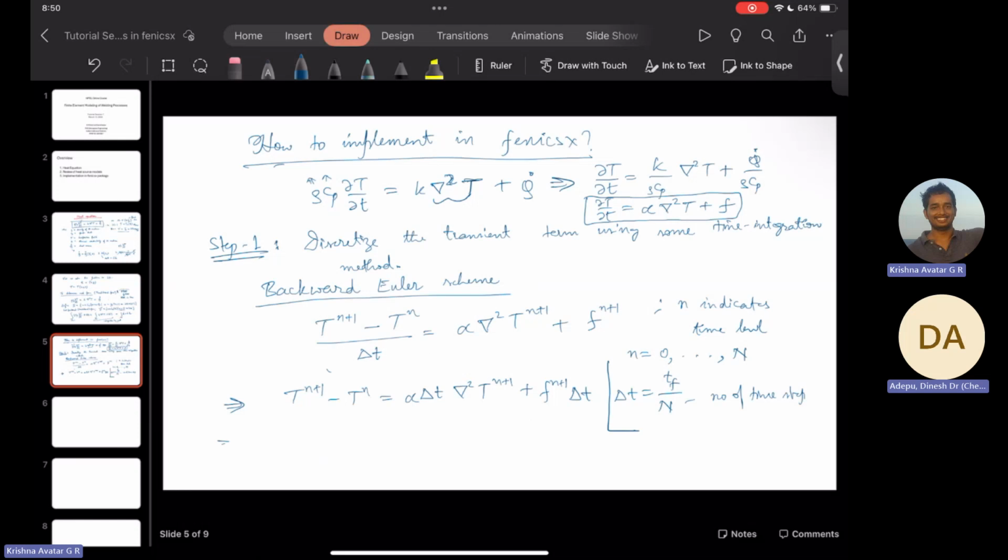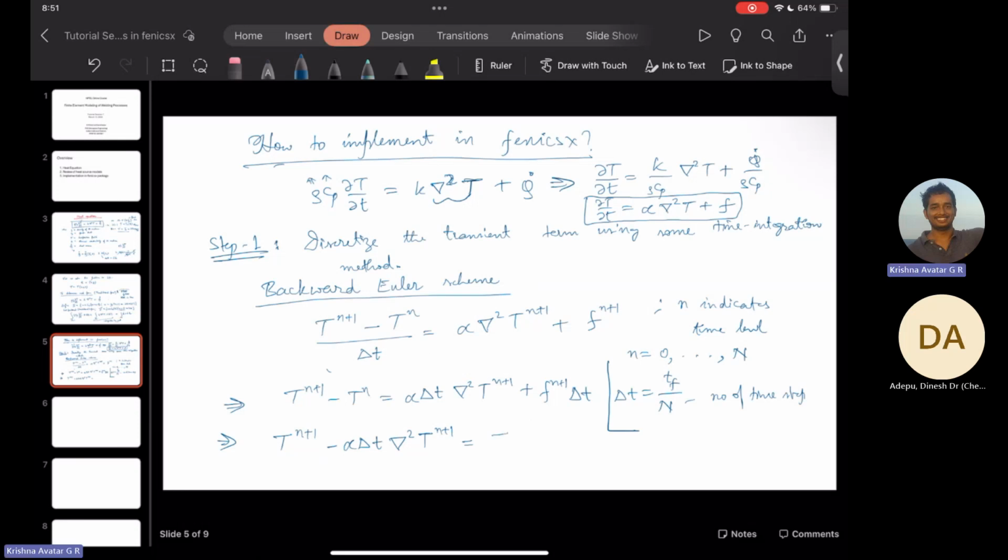In terms of things we know and don't know, let's pull all the unknowns to the left hand side. So T n plus 1 minus alpha delta t Laplacian of T n plus 1. These are the unknowns, is equal to